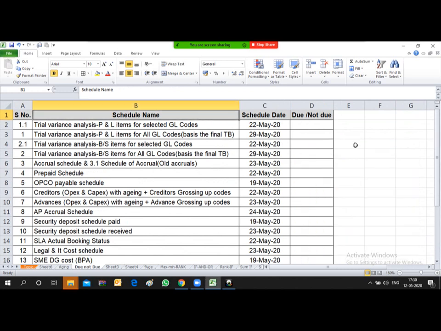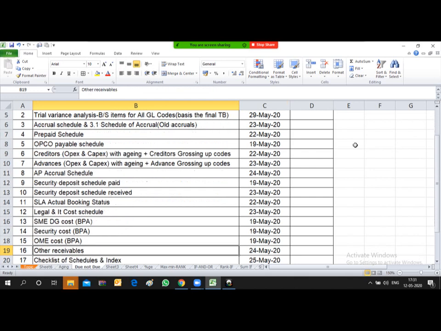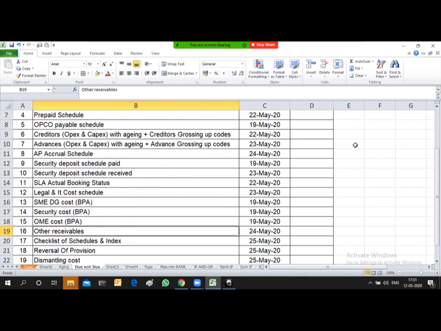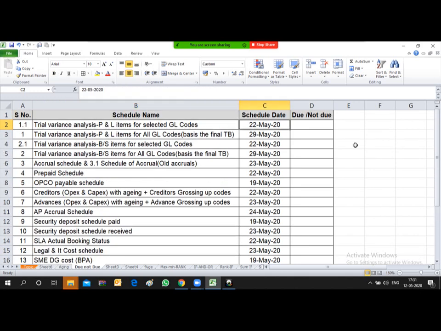Suppose I want to submit these reports on a particular date to my senior or to my corporate office, wherever your reporting is. These are the various kinds of reports which I need to submit.